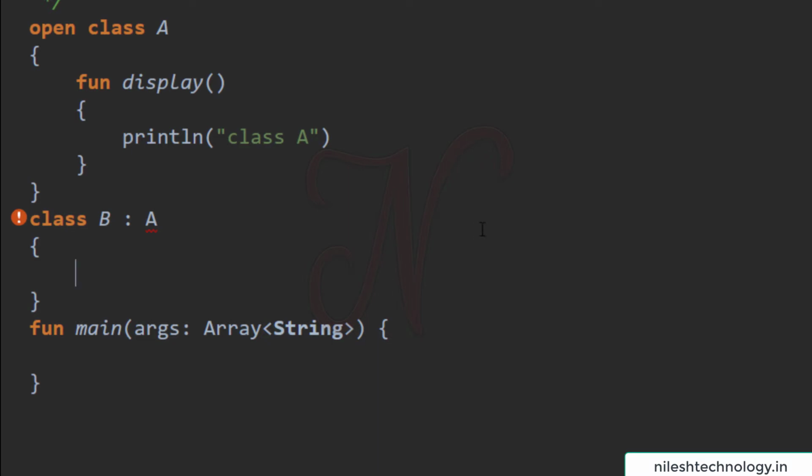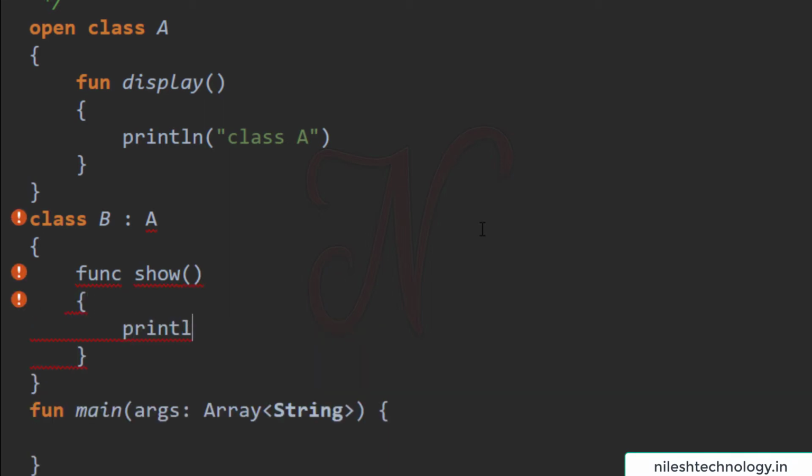Here we define one more function, fun show, and println, this is class B. Here we use this bracket. See, the error is gone. In the main method we create an object of the child class.